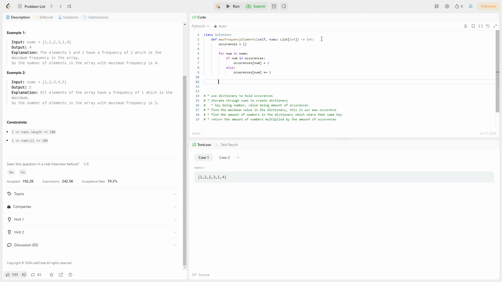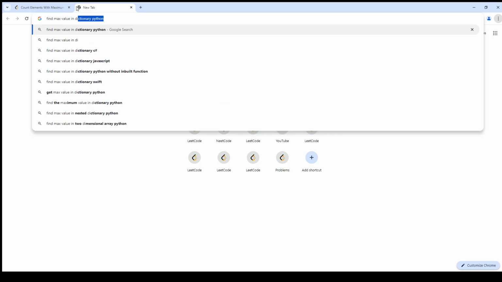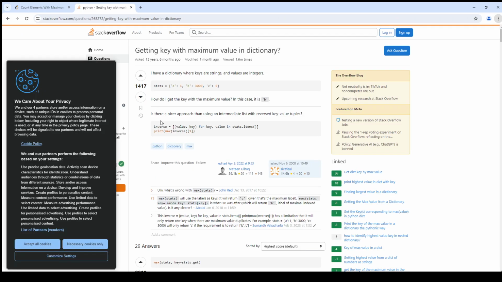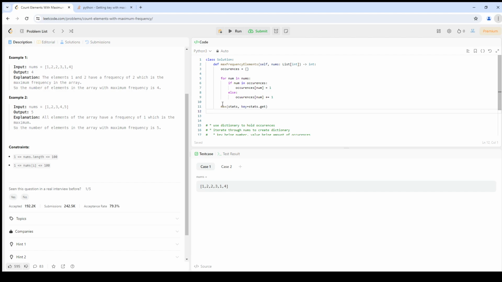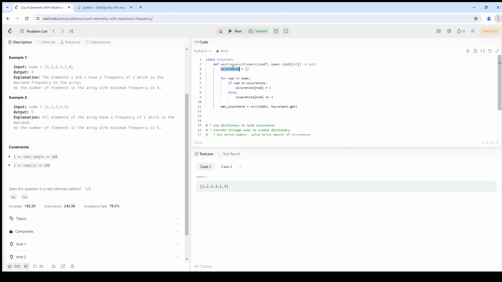Next thing we need to do is find the max value in a dictionary, which is something I don't know how to do, so we're going to search find max value in dictionary Python. Getting the key with the maximum value. Okay, so we can use max here. Max occurrence is going to be equal to